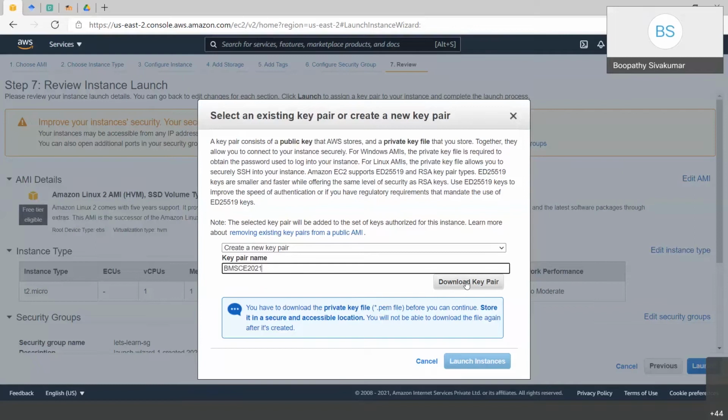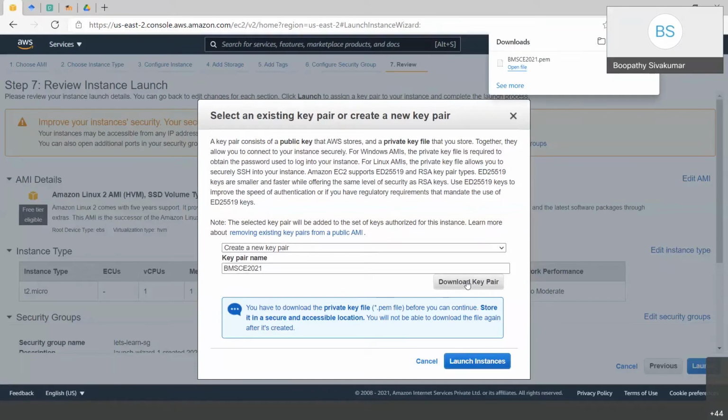Make sure you download the key pair. Make sure this key pair is available with you. If you lose this key pair, you will not be able to log in to the system. The key pair is very important.